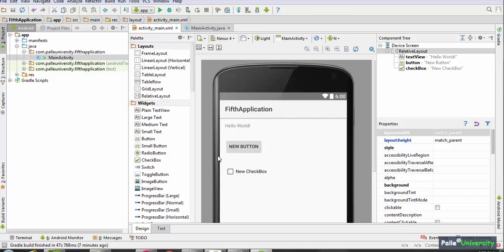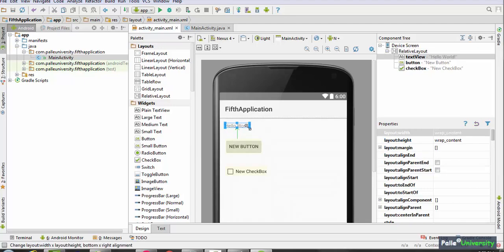You can also observe here, your application screen contains 3 views. View means rectangular boxes. When I select this, you can observe a rectangular box. Similarly, one more rectangular box, one more view. So in total you have 3 views. The same thing is reflected on the right hand side top corner. Whatever I have selected is highlighted here with a light gray box in the background, saying this is a checkbox. If I click button, that is a button view. This one is a text view.